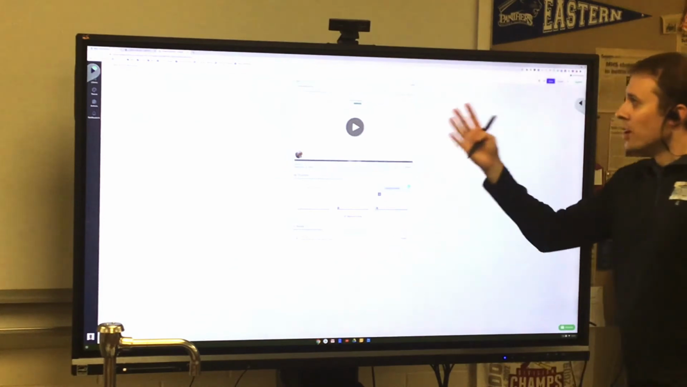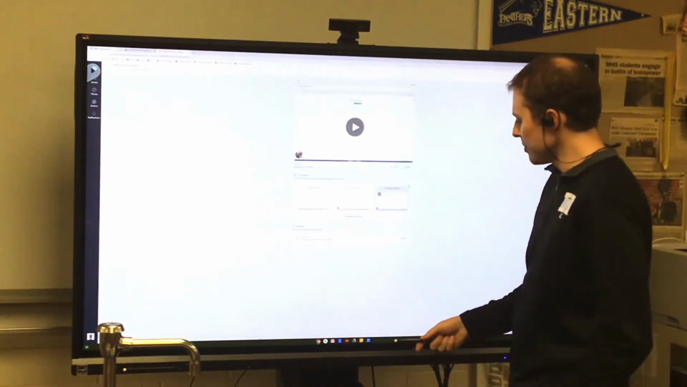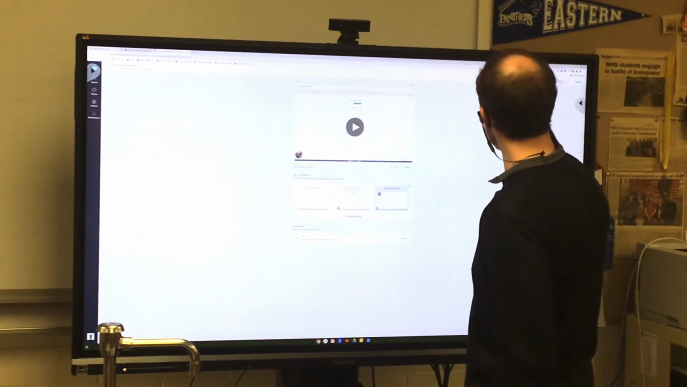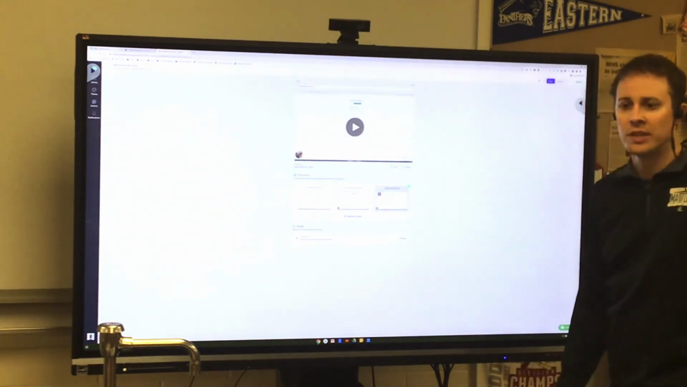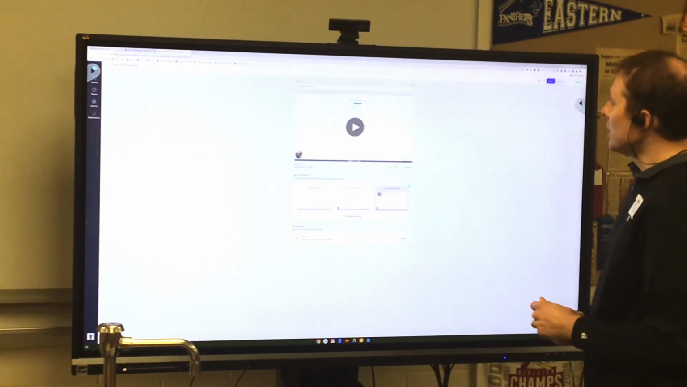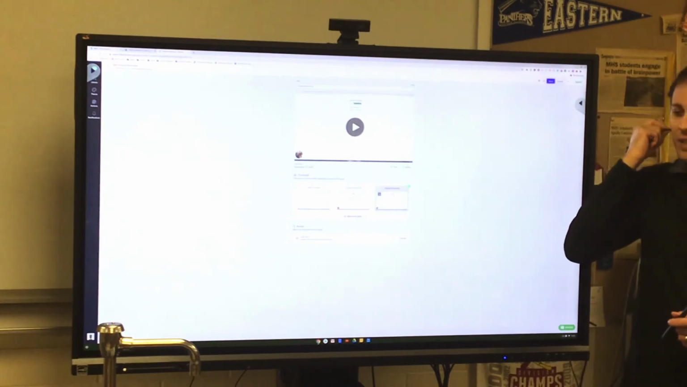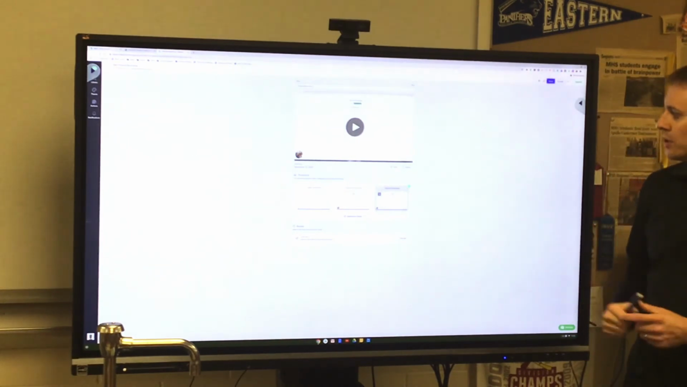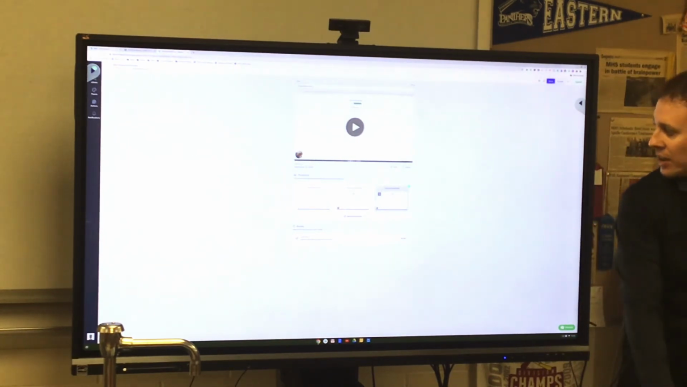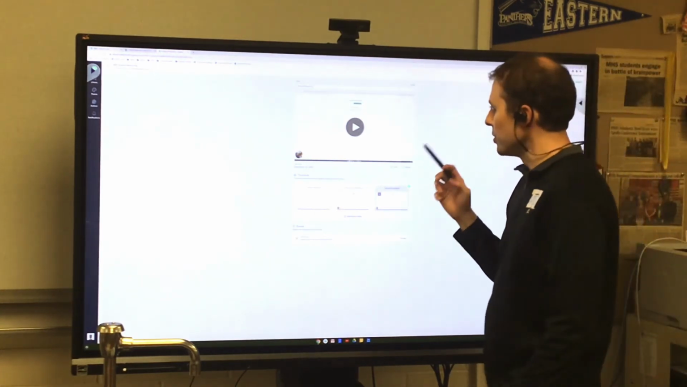So you can see here we have our Chrome web browser. We can do the same things we normally would in our Chrome browser. Basically, this is literally just a giant Chromebook screen. Once you sign in, you can access all of your Google Drive documents here, and you can use this just like you would your Chromebook. If you have a mouse, you can actually mouse around this as well. If you don't have a mouse, you can tap, or even if you do have a mouse, you can tap,